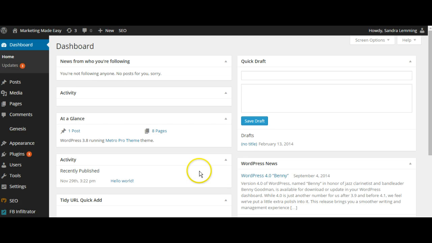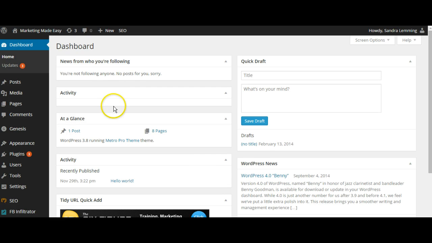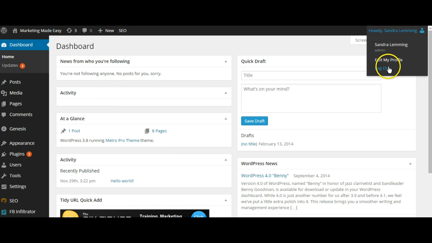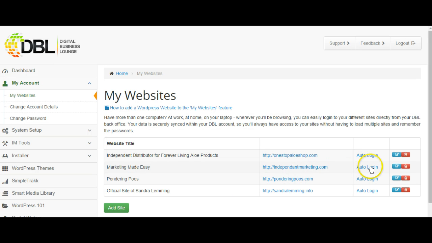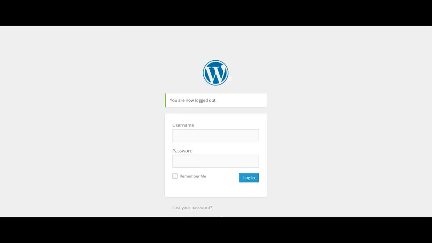And it takes a while and it's thinking about it and it's going through the process. Okay, well, this has auto logged me in. But let's just say this did not auto log me in. Okay, we'll log out of this. And I clicked on auto login. All right, let's just say I clicked on auto login for this particular website, and it brought me to this